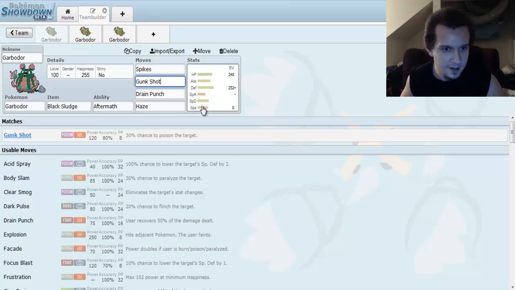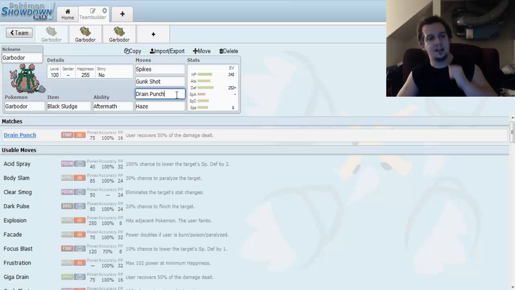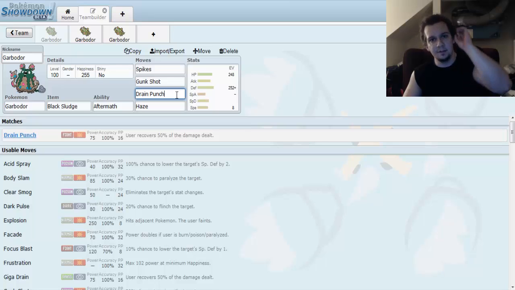That's alright, bro. Up next, we're gonna go with something like Drain Punch, because Drain Punch is a really good move to have. Even if it's just like a little bit of recovery, it's still good. And Fighting and Poison-type coverage is actually pretty damn good. And the last move that we got is...